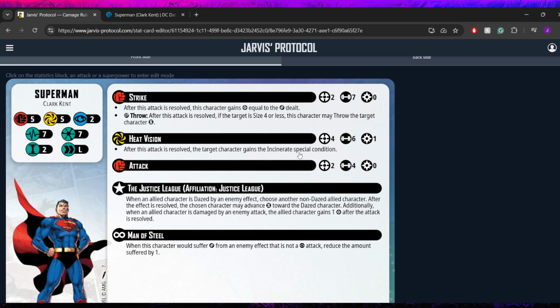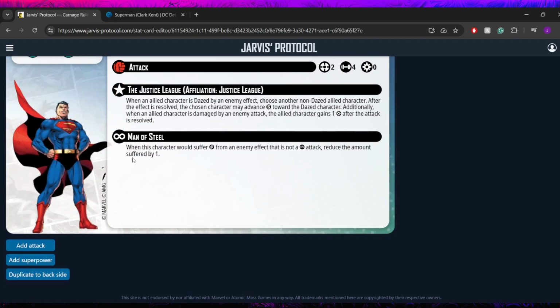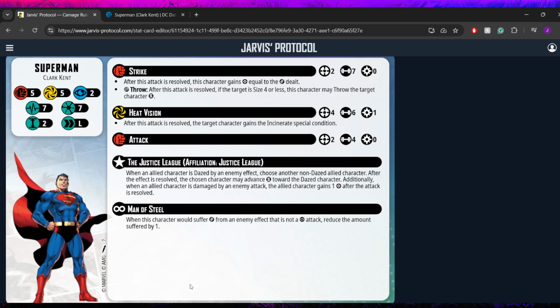Pretty straightforward. It's going to be a 1 cost. It's going to throw out the incinerate condition. And I think we are going to probably be giving him something, probably as one of the last 1 or 2 things on his card here. We're going to be giving him an ability to gain an extra power during the power phase, is what I'm going for here. He's going to start with 2. And so basically, if he wants, he can spend all of his power just blasting out that heat vision,